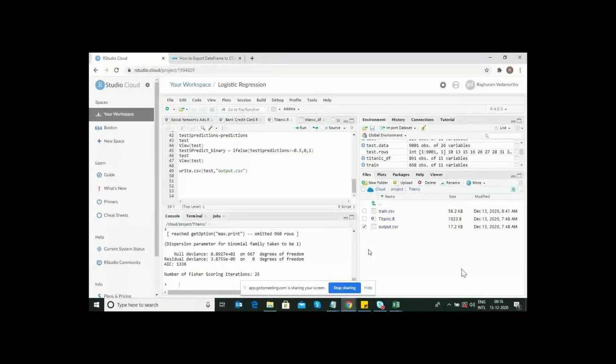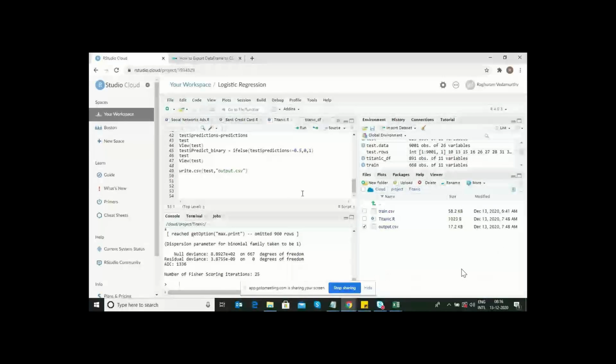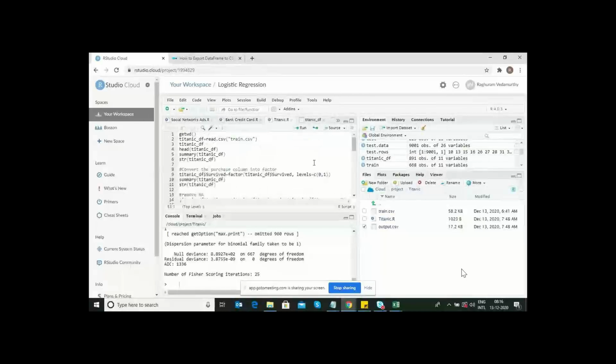Can you scroll a little up and show me your code? Yeah, sure.